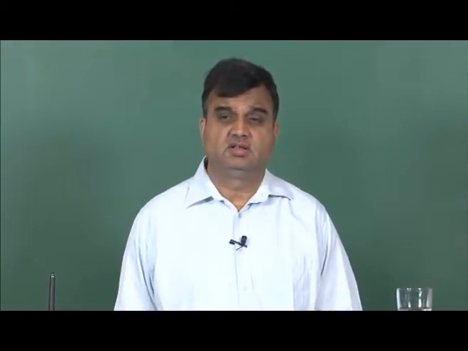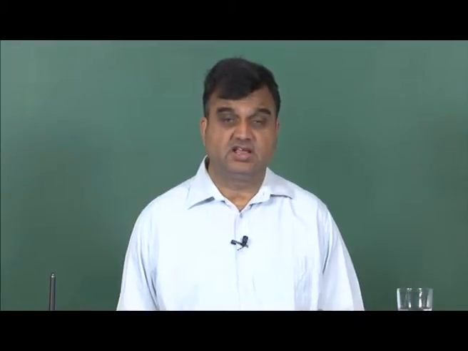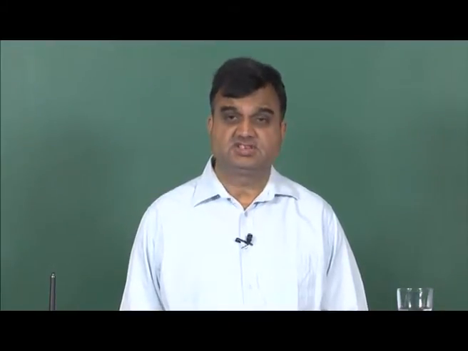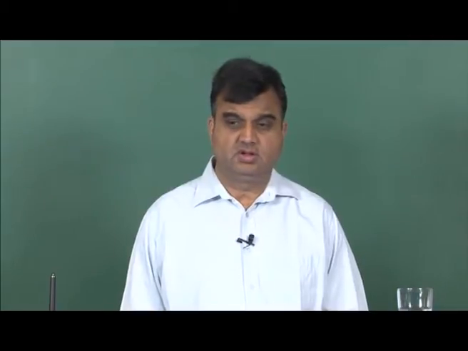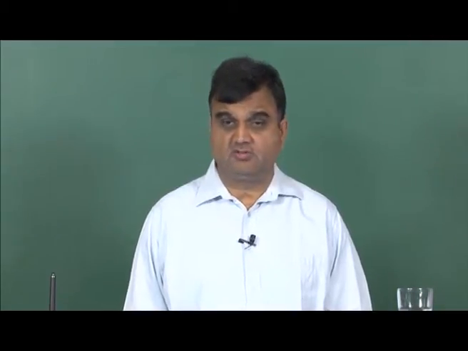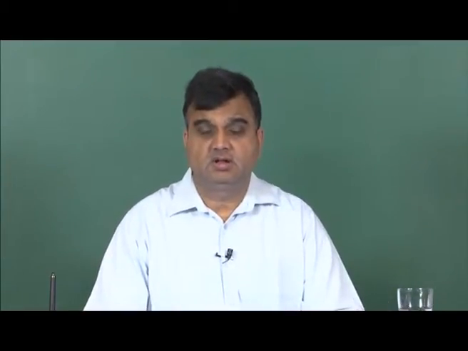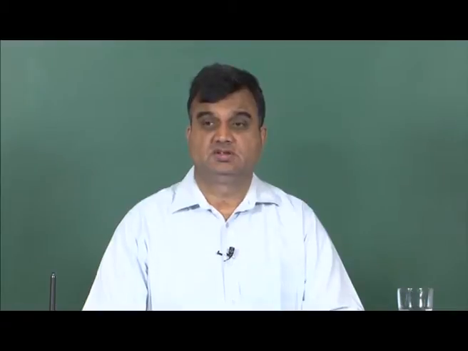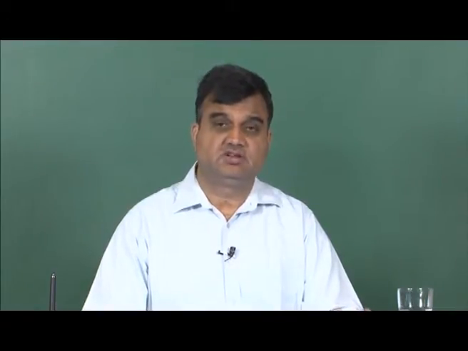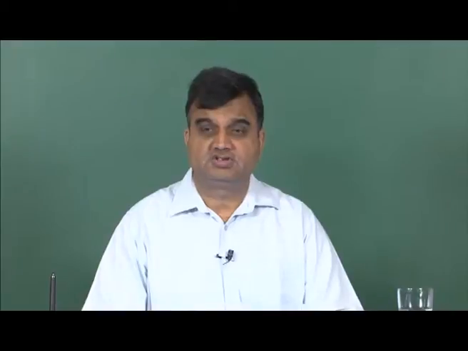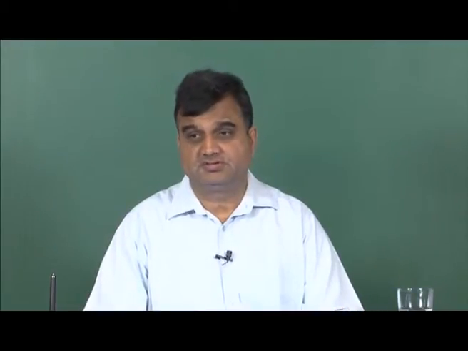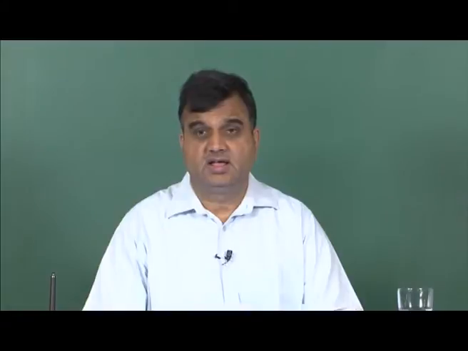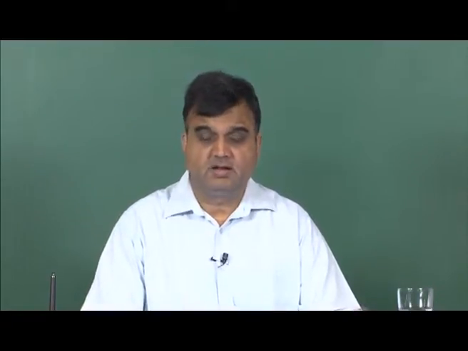Today is the 5th day of the ongoing week, which is the 9th week of this course, and we have been discussing over this week generalized Hooke's law. What we have shown is that for a fully anisotropic material we require 21 independent elastic constants, because the total number of constants initially calculated was 81. Because of stress symmetry it came down to 54, because of strain symmetry it came down to 36, and then for strain energy considerations the number finally settled at 21.